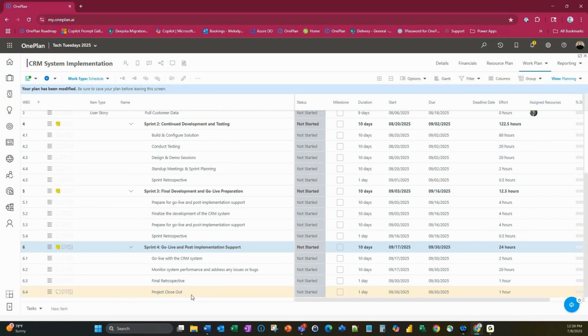One of the things that's very important when you're doing project closeout is to make sure that you release all your resources. So if you are using a resource plan inside of OnePlan, if you have any resources, for example, extended out past September the 30th here, you want to release them. In other words, remove them from the resource schedule, because if you don't, when the resource manager goes in, it's going to look like that individual has allocations to a project that may already be closed. You always want to make sure that you're cleaning up your resource plan at the end of your project so that it makes it easier for looking at user capabilities and availability within OnePlan.